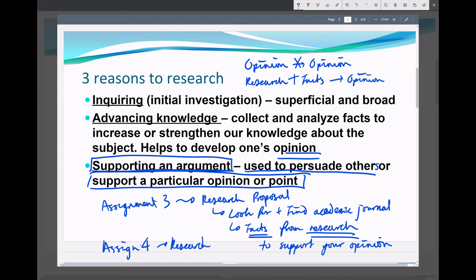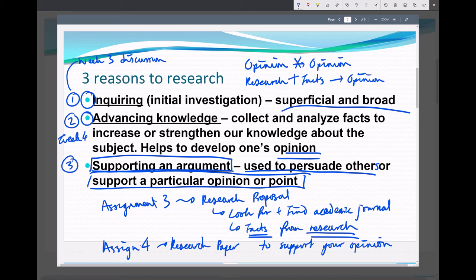So we are building up a process for you, and you are taking part in this process to ask about the topic, which is what you've done in week 3. And you're gathering advanced knowledge now. This is week 4. And then as you build your argument, this is the rest of the course, weeks 5 and 6.